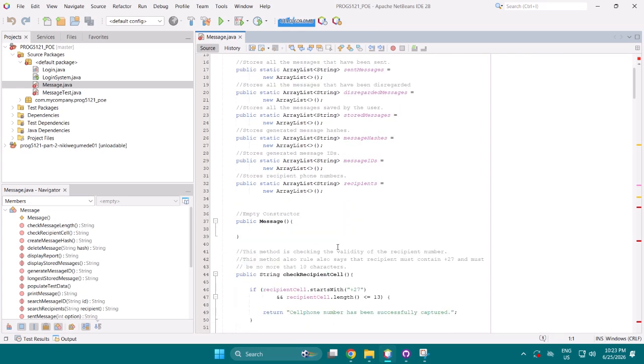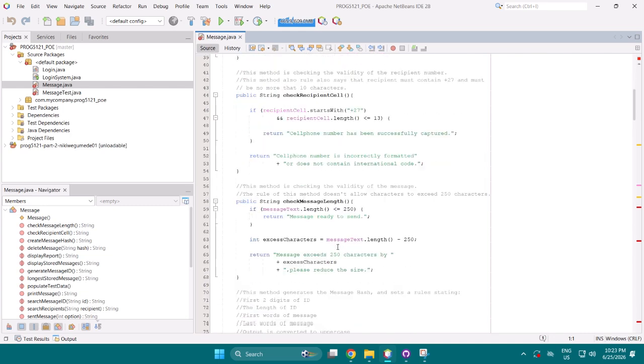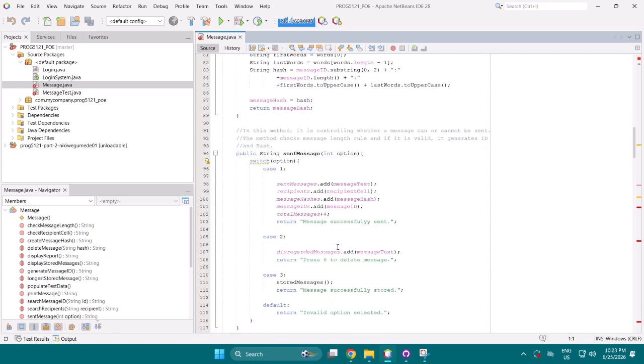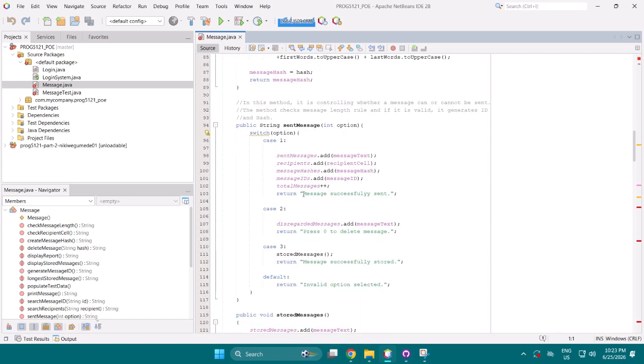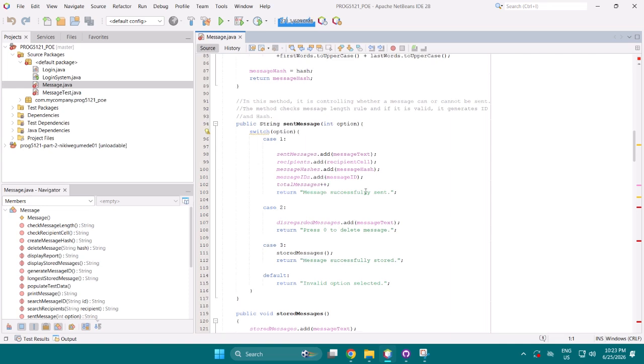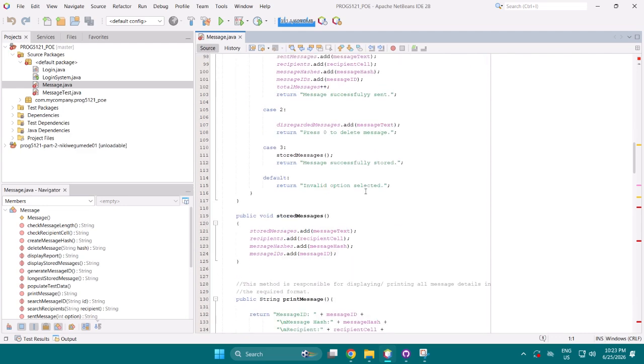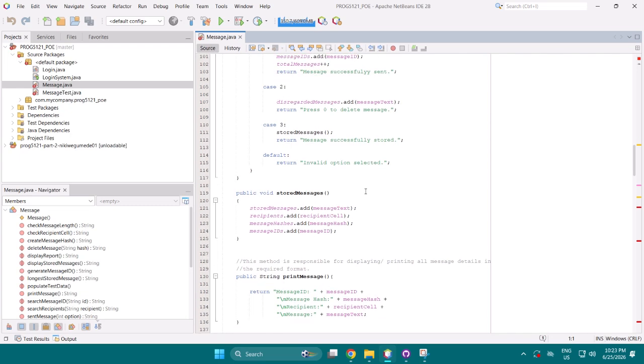I added changes here to this method, the sent message method. So obviously in the comments it will tell you that this method controls whether a message can or can't be sent, and the method also checks the length rule and if it's valid, it generates the ID and hash. And then the stored messages here